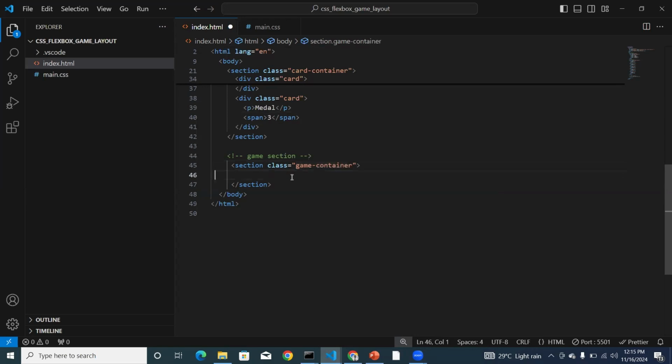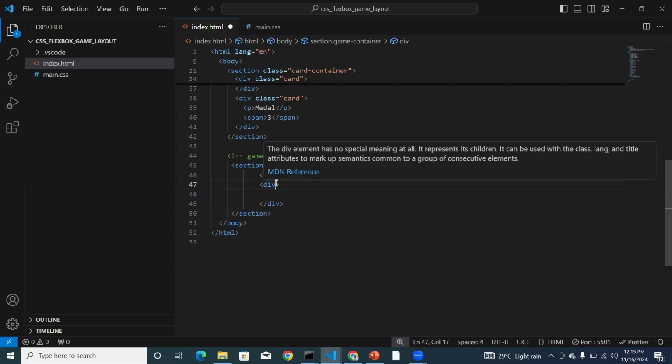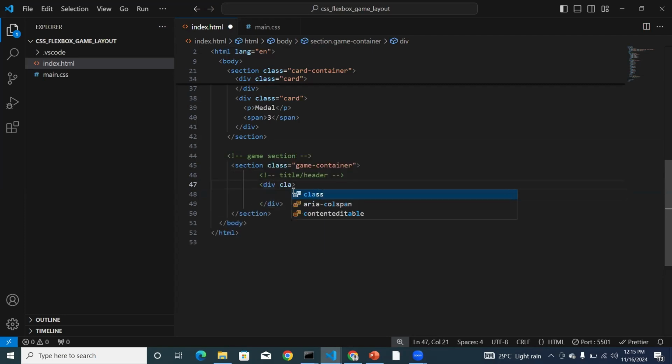All right. So inside the game container, we have different sections, right? We have the title, or you say header, title or header, right? So the title header is going to have header. Don't forget we have one header before, so I don't want to use header here. I'll just use div, right? So that, of course, there's a way you can do it that will not be an issue. But right now, I just want to go this way. Class name of game header,